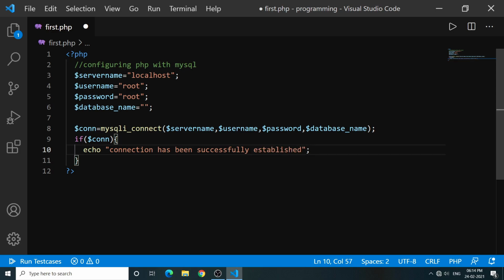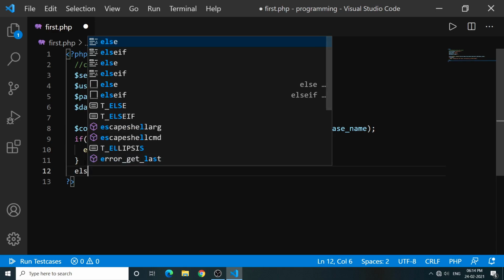I'm storing the result of this entire function inside this variable, and I'm simply saying if dollar con, that means if the connection is successfully established, then I can simply say connection has been successfully established. Else we can say